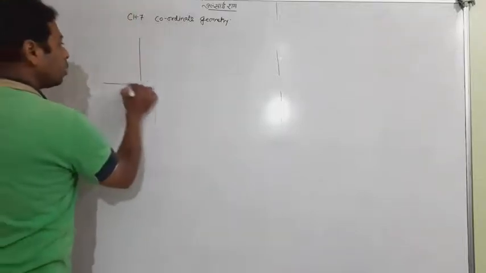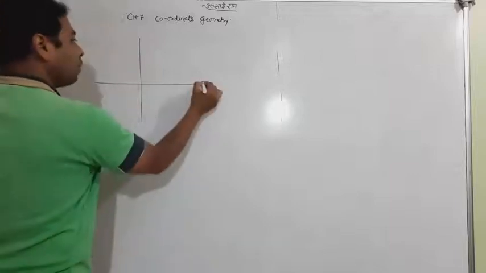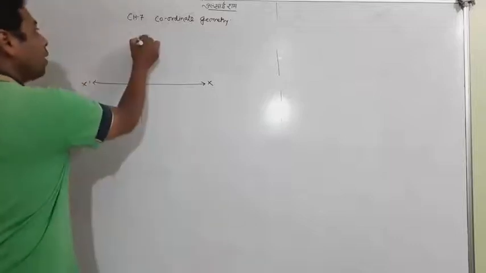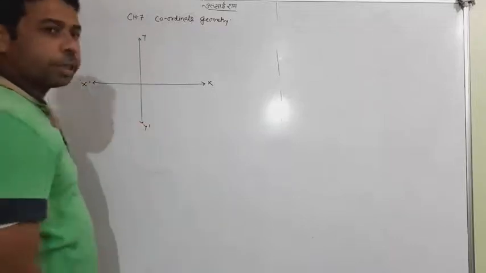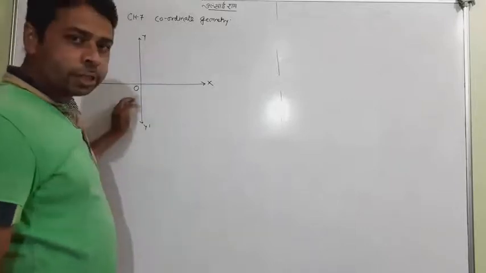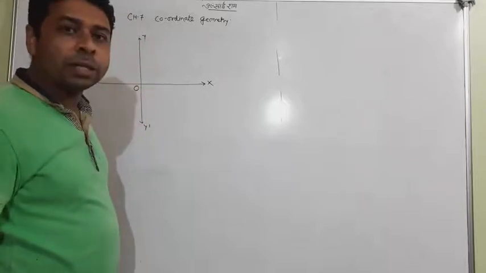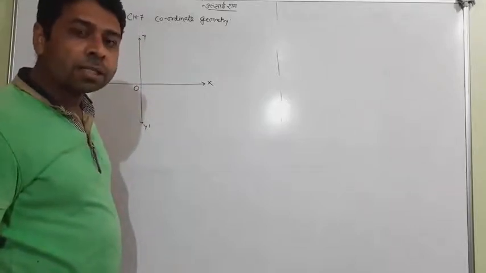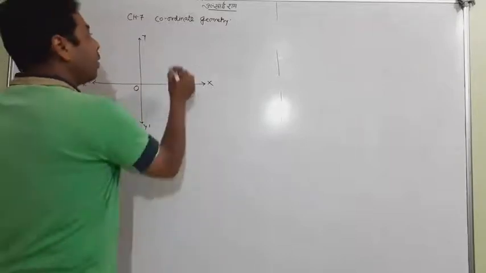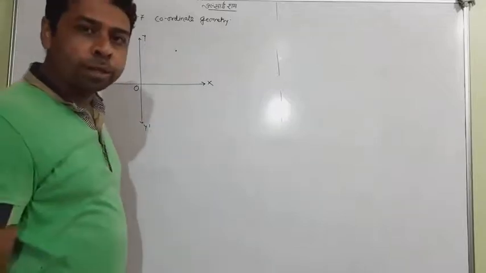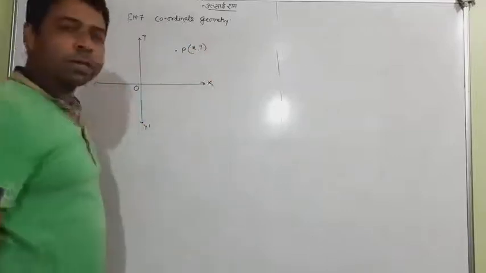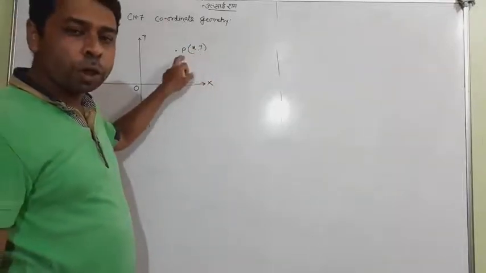We have two real axes, x and y. The x-axis is also called the abscissa, and the y-axis is called the ordinate, which you already know. This is called the origin. These are the four quadrants, and you also know that whenever we plot any point, it always contains two elements, an x element and a y element. Any point between the axes is given by P(x, y), and this is called the coordinate of point P.